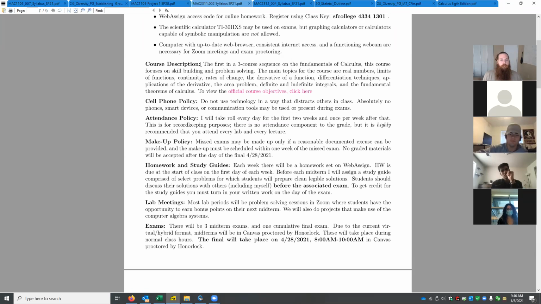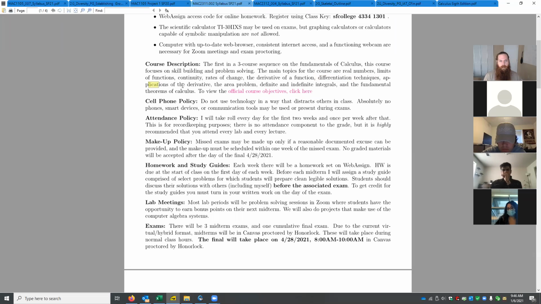This is the first course in the calculus sequence. So we focus primarily on graphs of functions, limits, concepts like continuity, what it means for a function to be continuous. We'll talk a lot about rates of change and the derivative, which is a calculus concept related to rates of change. After we talk about the derivative and differentiation skills, which is how you cook up the derivative.